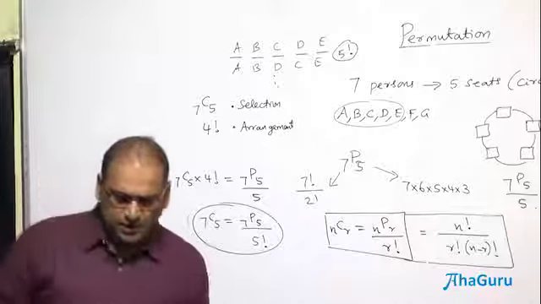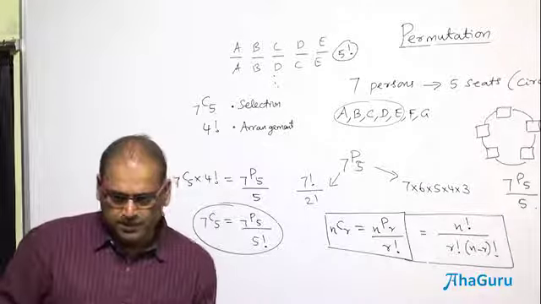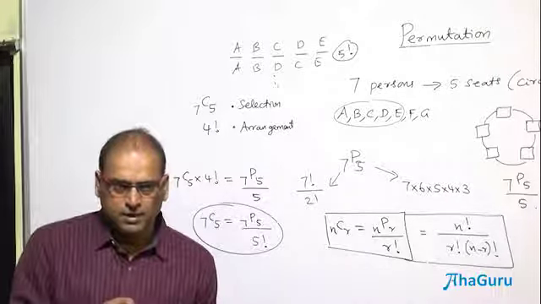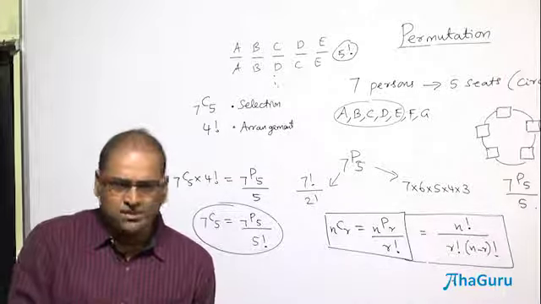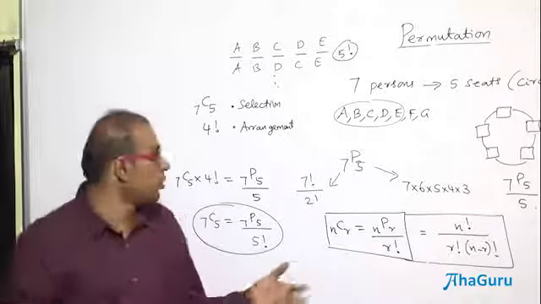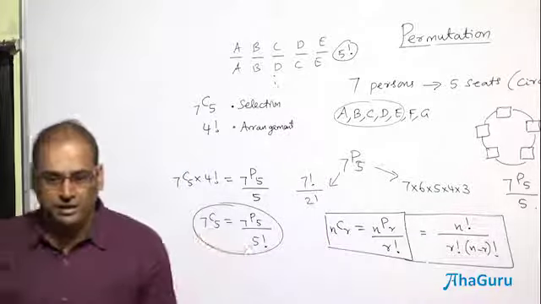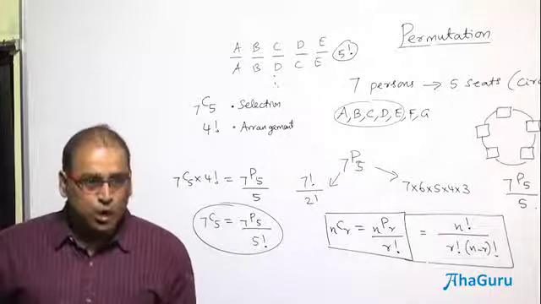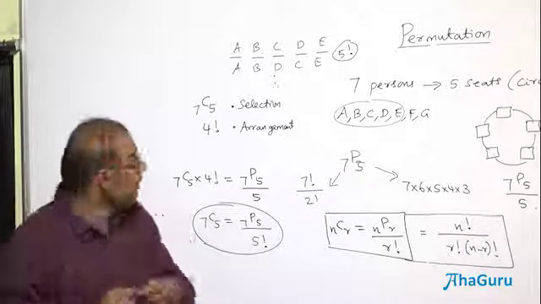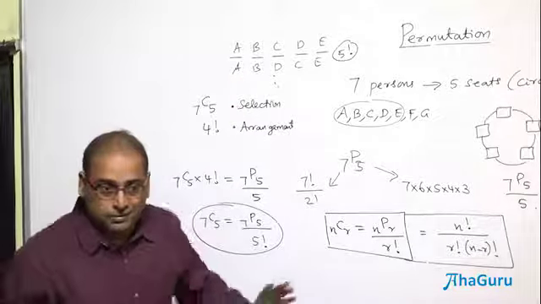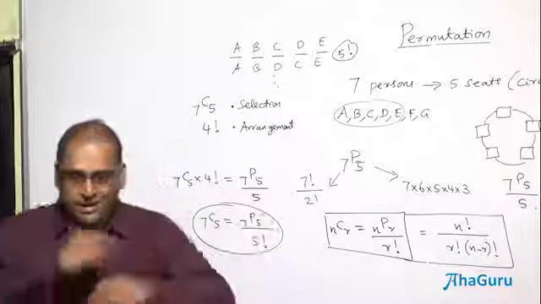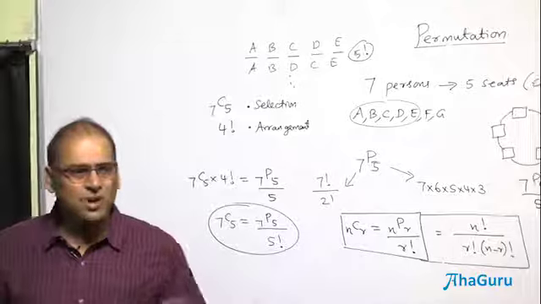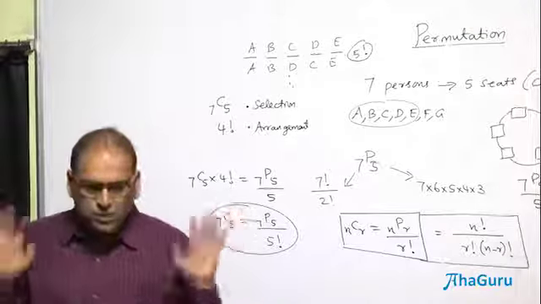There is a simple example. Jack and Jill went up a hill. If I say Jill and Jack went up a hill, the meaning is same. So our order is not playing a role. So A, B, C, D, E are selected out of the 7. 5 persons are selected. Or I say B, C, E, A, D are selected. This means the same. But if I want the order, I will see these two are different. All the arrangements of A, B, C, D, E, permutations meaning rearrangements, are different. But if I don't want that order, I want only the combinations, which group is selected.